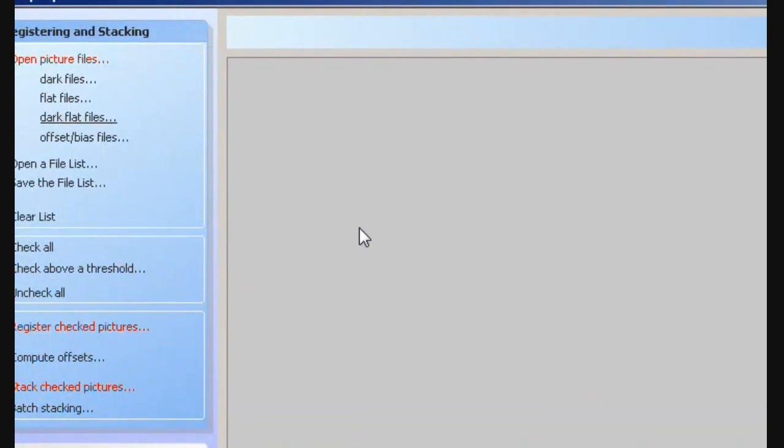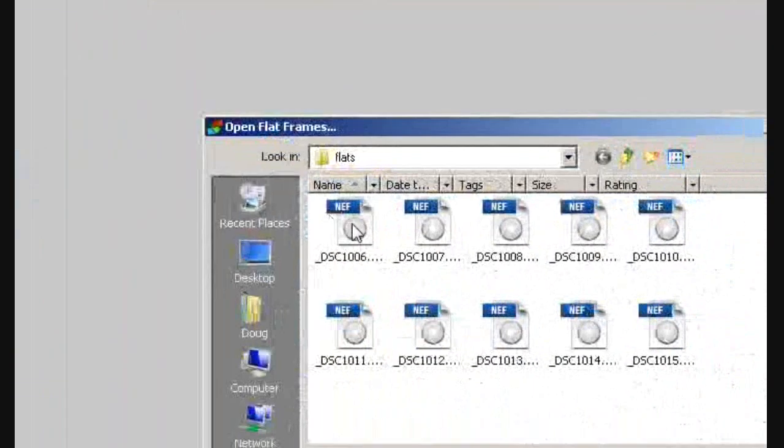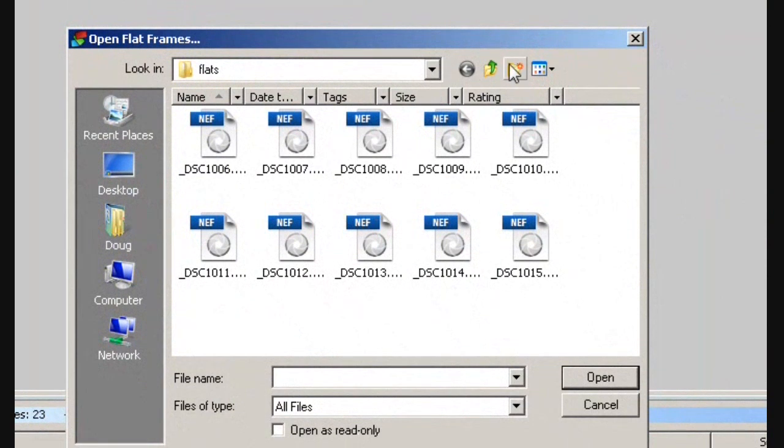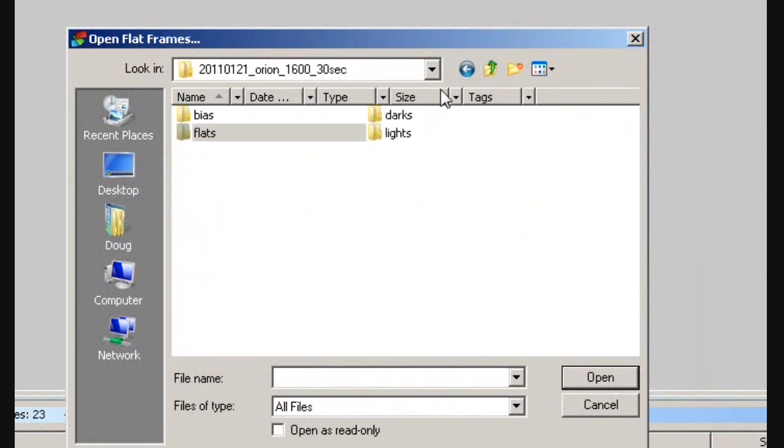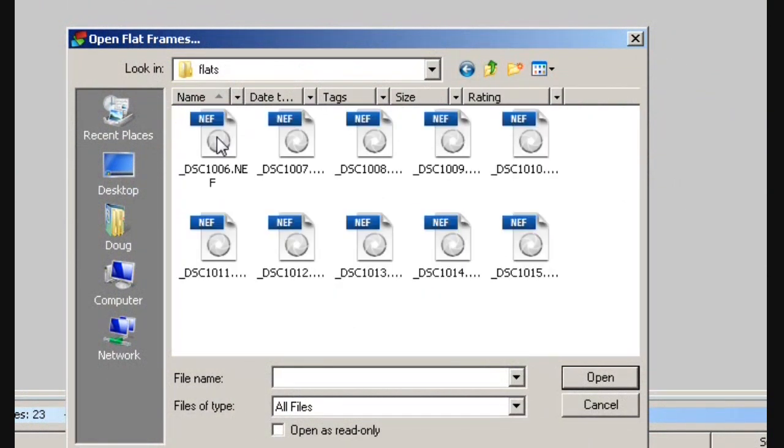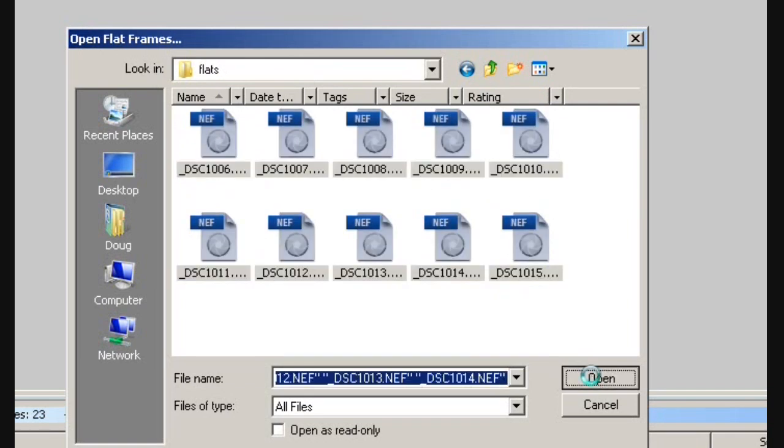Back up to the top, flat files this time. Again, make sure you're in the right folder. I would check this with everyone to be on the safe side. Click, shift click and open,